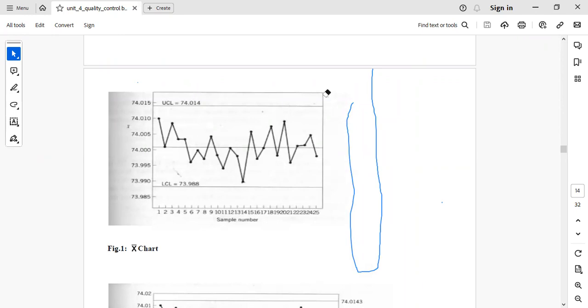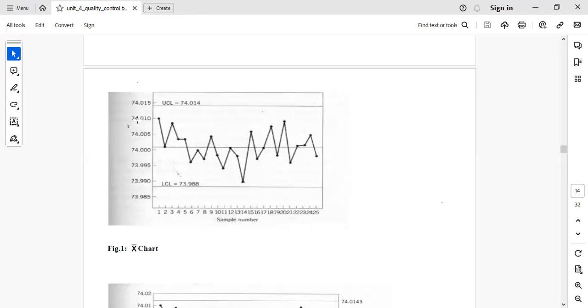Therefore, you'll be plotting now these control limits, then the number of samples that you have. So from sample one,